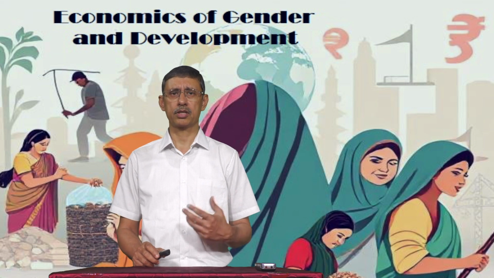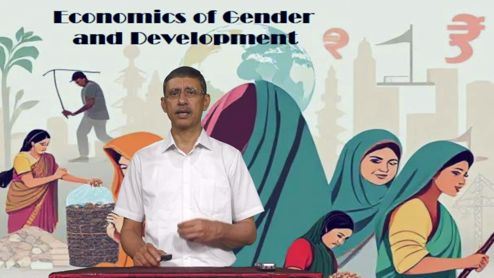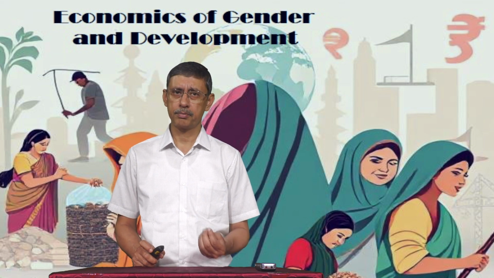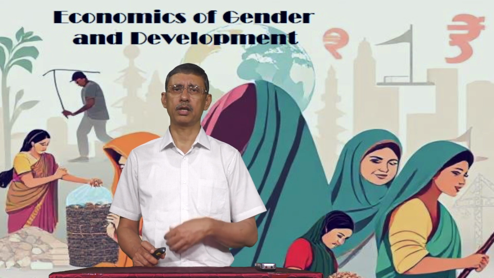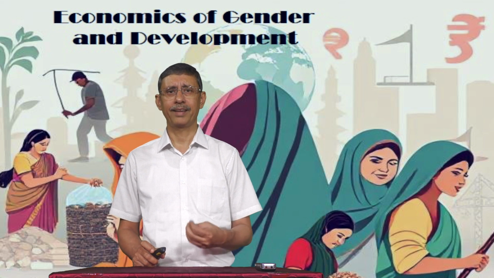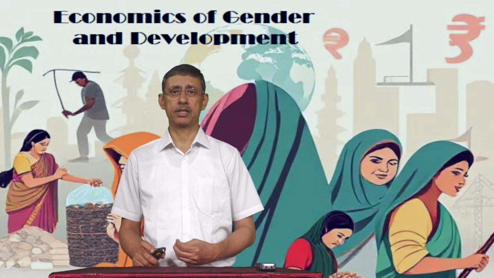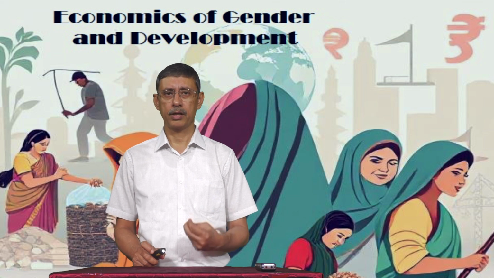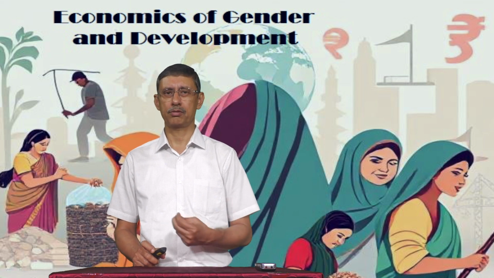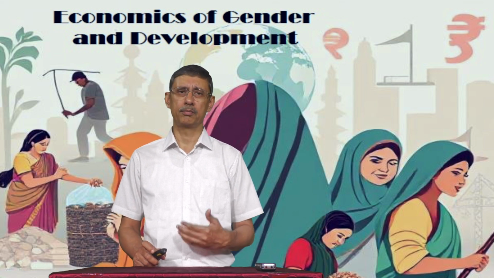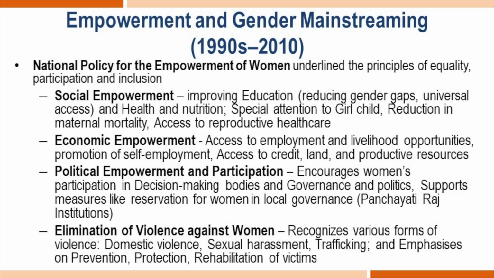So this policy, the National Policy for Empowerment of Women, underlined the principles of equality, participation, and inclusion. It talks about social empowerment, in which we talked about improving education, improving health and nutrition. Special attention was supposed to be given to the girl child. It talked about the reduction in maternal mortality rates, access to reproductive health care, and so on and so forth. Then it comes to the second component, economic empowerment. The policy provided for access to employment and livelihood opportunities, promotion of self-employment, access to credit, land, and